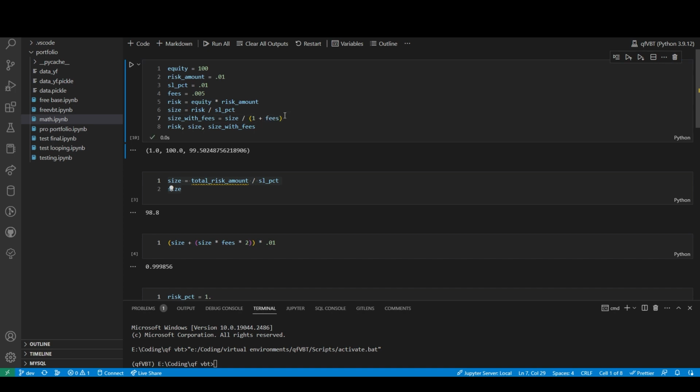Anyway, let's just do this. So we have our risk, which is our equity. So here I want to risk 1% of my equity, which is 100, so that's $1. So we've got that. Then if I want to have a stop loss of 1%, then I have to take my risk, divide that by the stop loss, which will give me 100. So I needed a position size of 100. If this was slightly different,